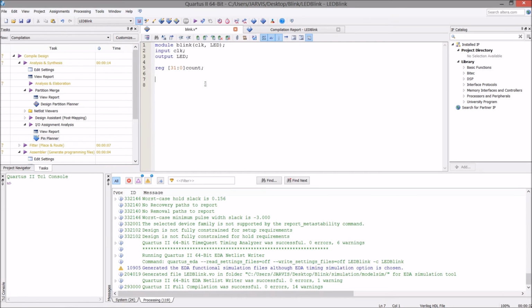Okay, so now that we have our 32-bit count register, what we need is an assign statement. So we're going to type assign LED, and we're talking about this LED output here, and we're going to set that equal to count[25]. So basically what this always block is saying is, every time we have a positive edge on our clock coming into our module,